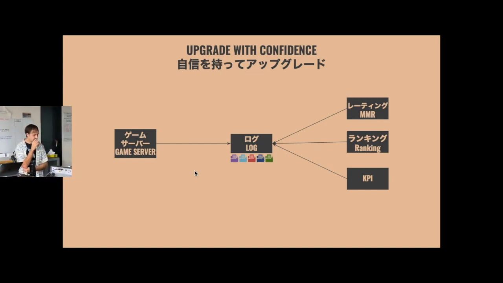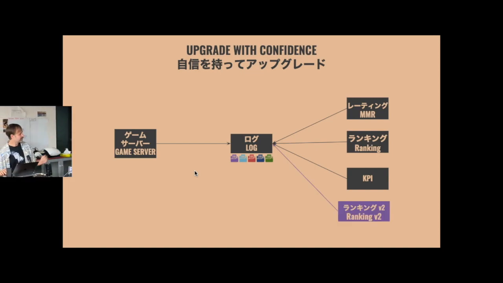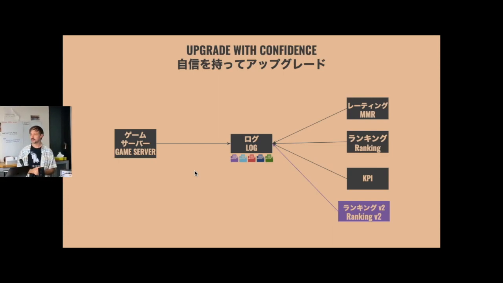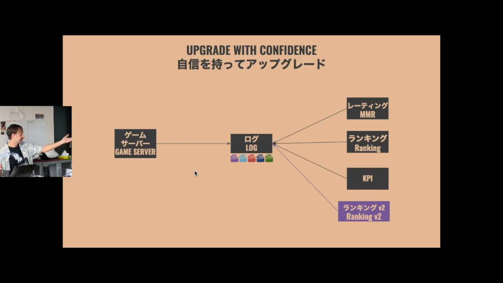So this enables some cool deployment strategies too. We can upgrade a lot more easily now. Remember before I said updates have to work? We kind of take that for granted. Well, now we have a little bit of wiggle room. What if we just bring up our ranking v2 and leave our original ranking running? We can do that because they can both read from the same log. Those events aren't being consumed. They have their own views of the world.